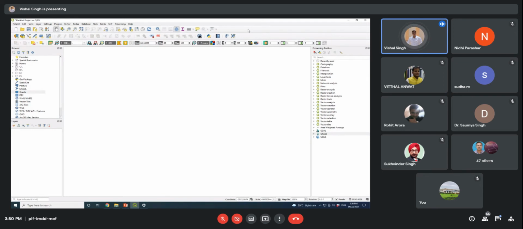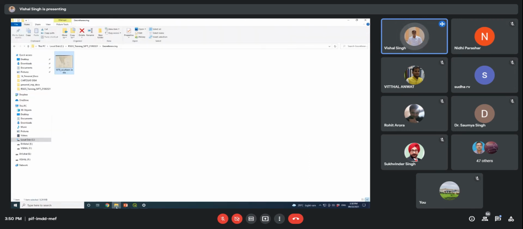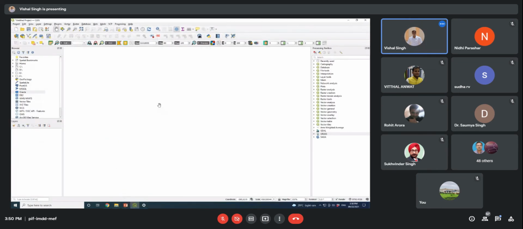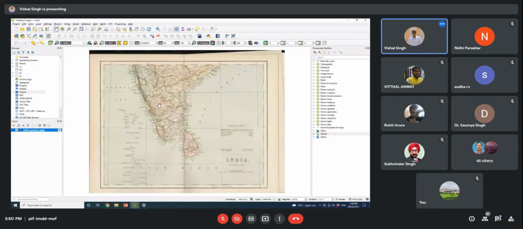Okay, so in two ways you can add the layers. One is the very simple option, I can tell you. You can just select the file and drag it into your window. So automatically this map will be added here.